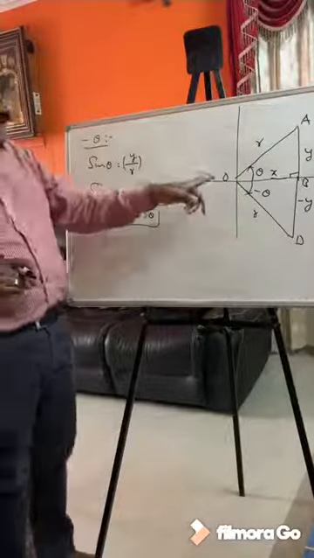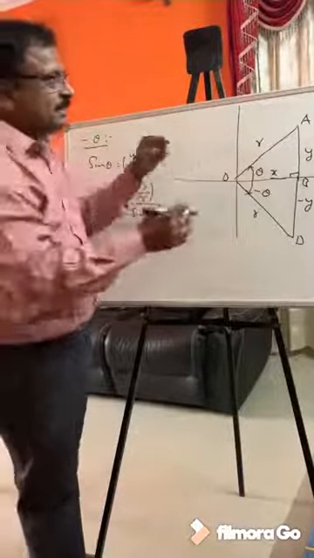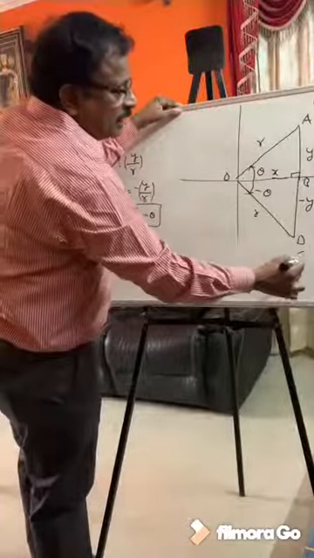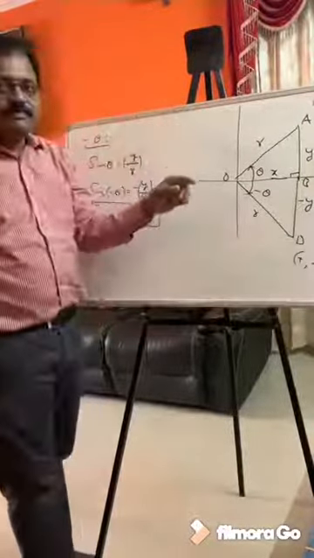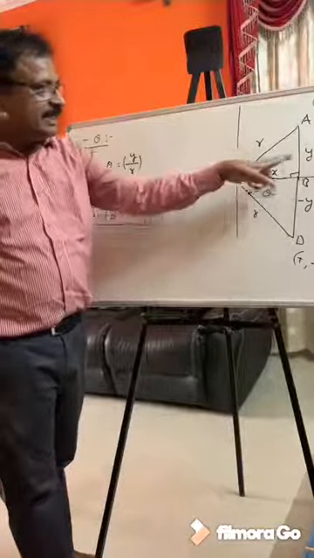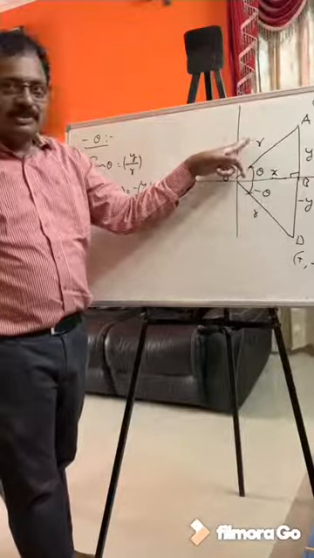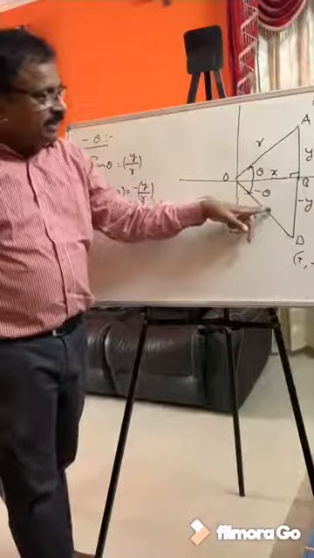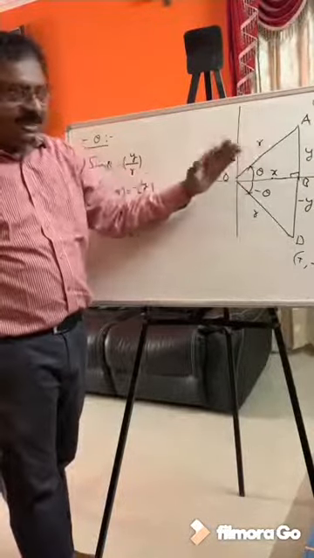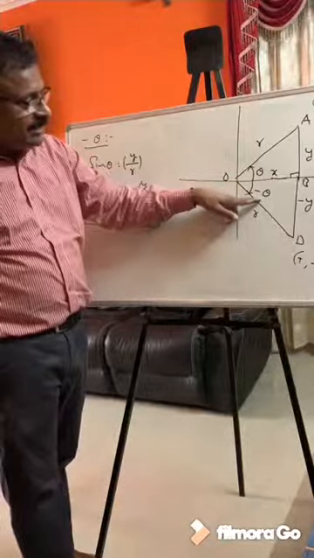Once again I will repeat. X-axis, y-axis, first quadrant, positive, right? Plus plus. First quadrant is plus plus. What is fourth quadrant? Plus minus. So this is y, this is x, this is r, the hypotenuse. Sin theta is opposite side by hypotenuse. Cos theta is adjacent side by hypotenuse. Correct or not? When theta is in the anti-clockwise direction, we are measuring OA making an angle theta with the positive direction of x-axis. The same way, going down, the clockwise direction, I am taking as minus theta.